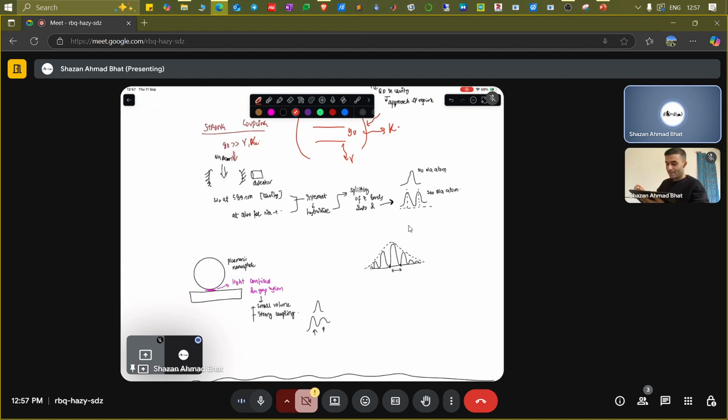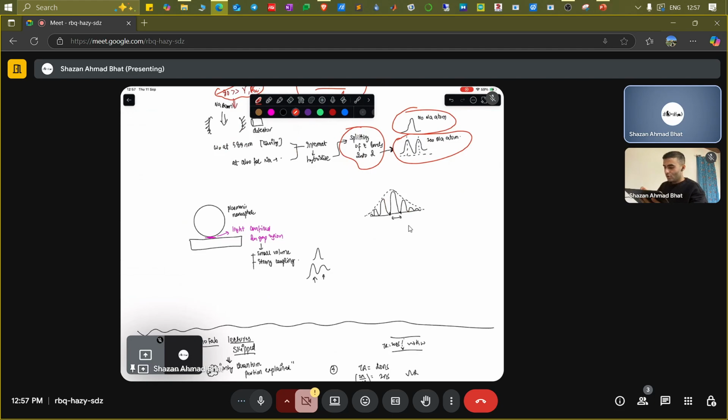Then what is going to happen is that your levels will interact with the photon and they will hybridize, and there'll be splitting of energy levels. Okay, so the professor might have talked about the sodium atoms getting split into two levels, and you will observe that because of the huge interaction between the photons and the atoms. So you might have seen a similar example when you talk about the plasmonic nanosphere on